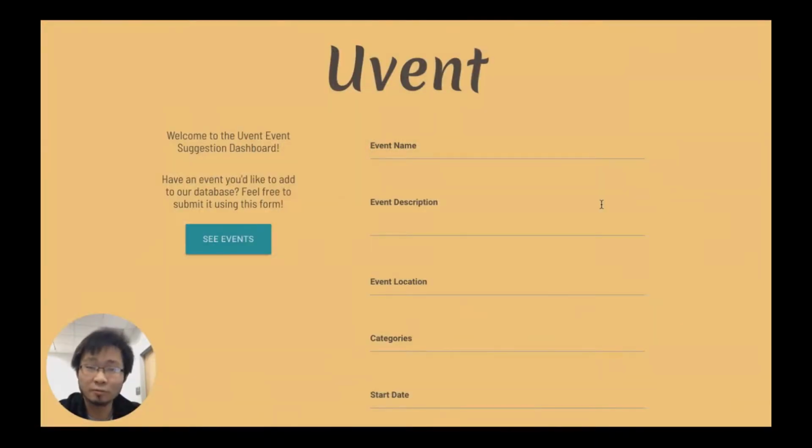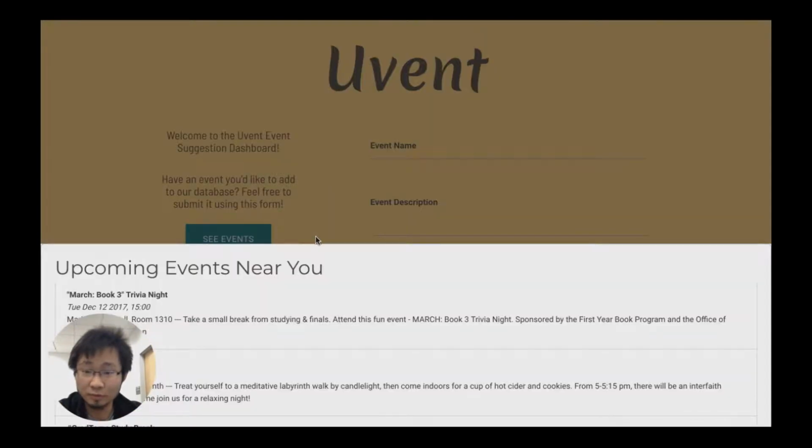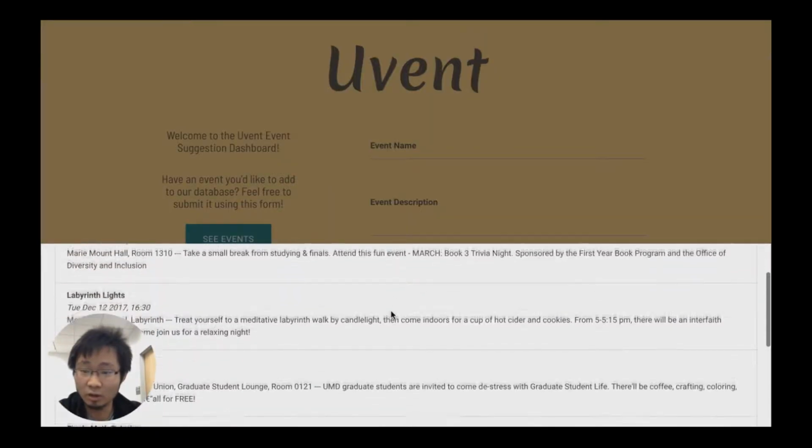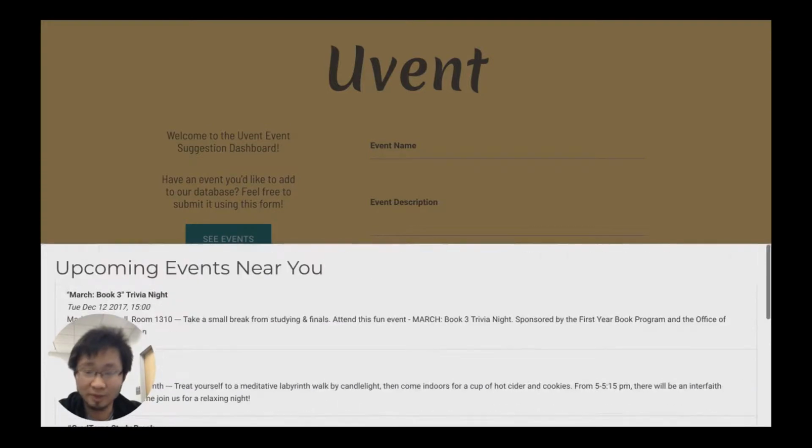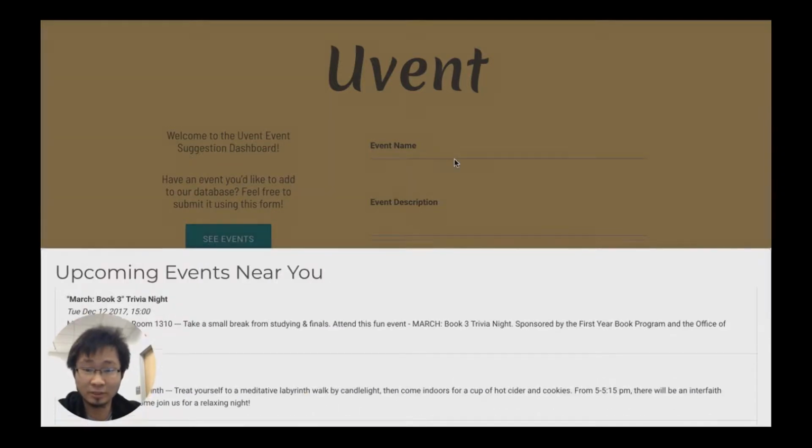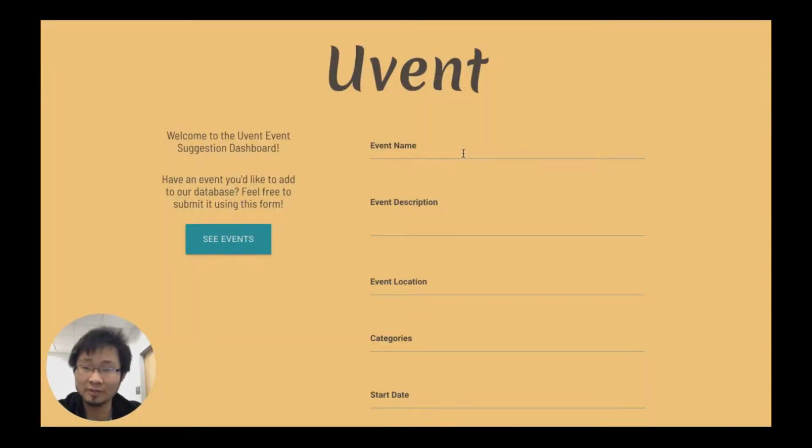We also built a front-end web interface, as you can see here, and this allows people without Alexas to be able to see events. And you can click the See Events button, and this pulls from our database and lists out all of the events as well as other information about them. And to the right of this, you see a form which allows people to submit events that they know about. And the purpose of this is so that we don't have events that are just pulled from the sites that we're scraping from, and allows us to have a diverse bank of events.